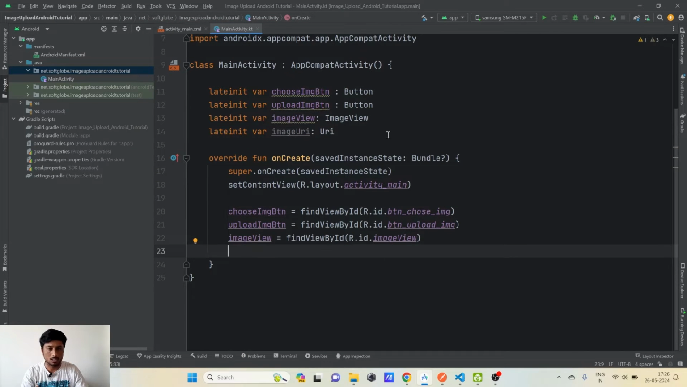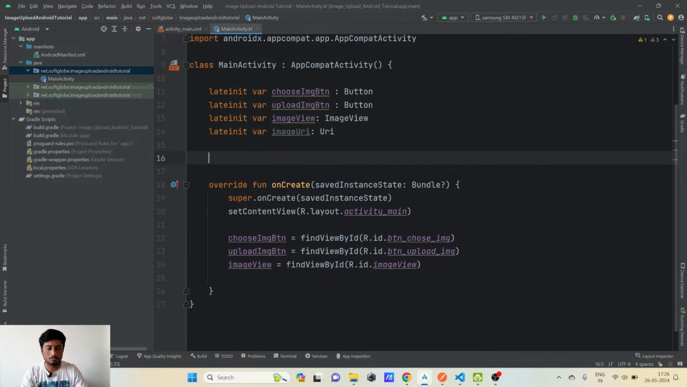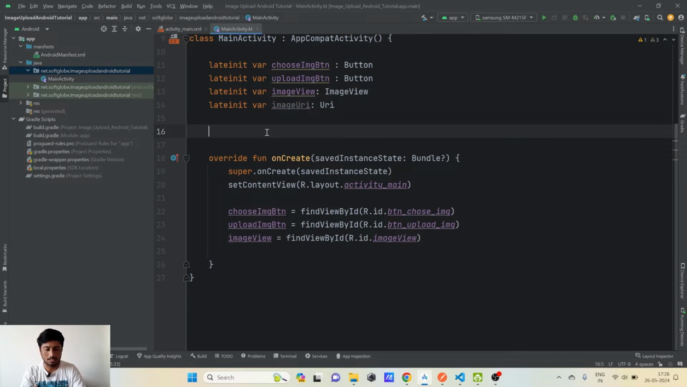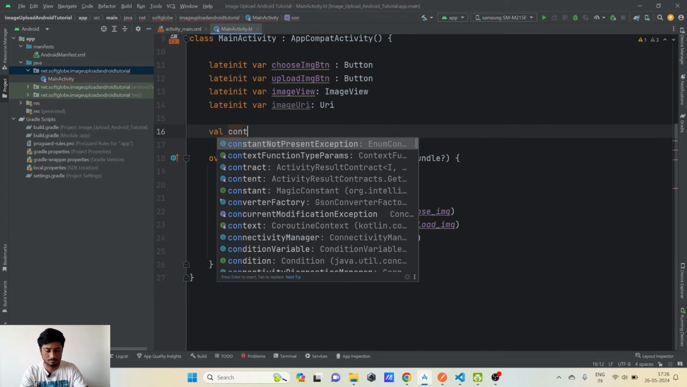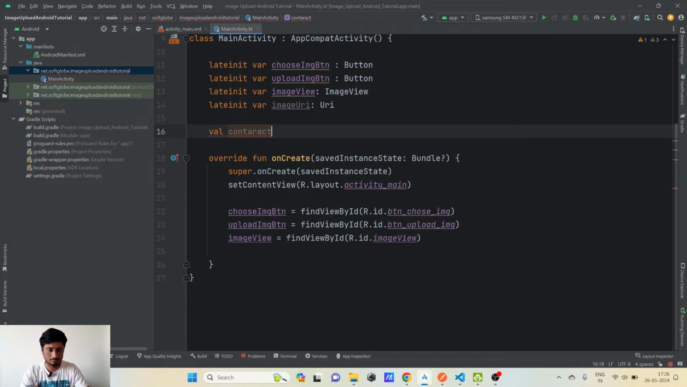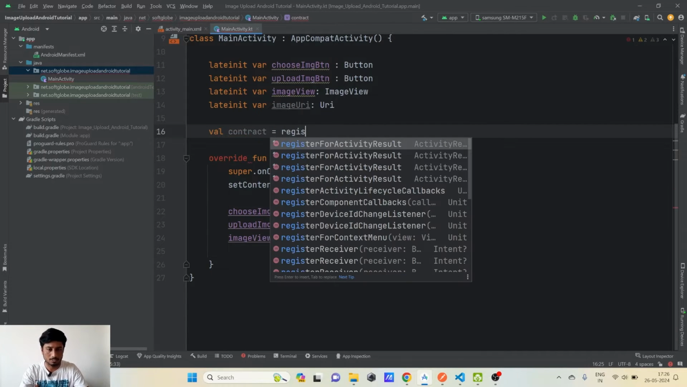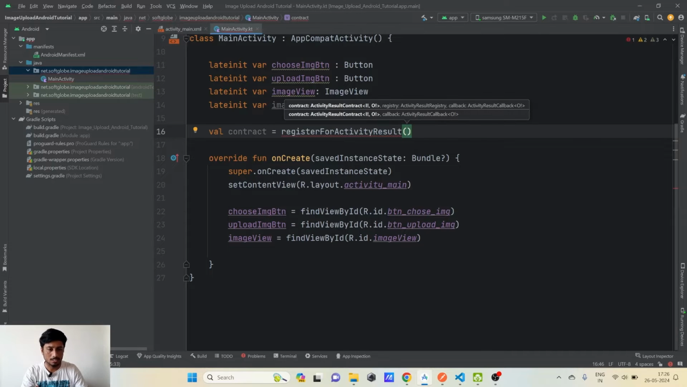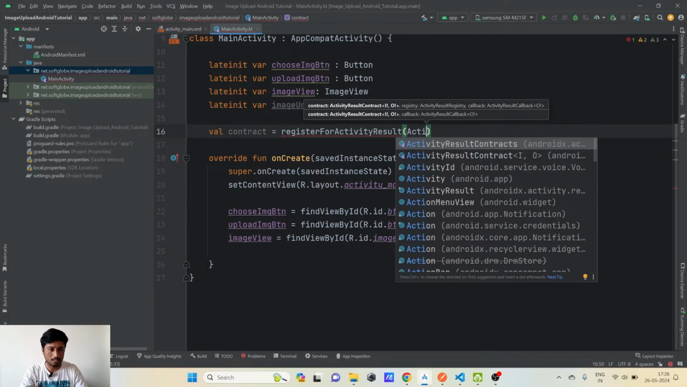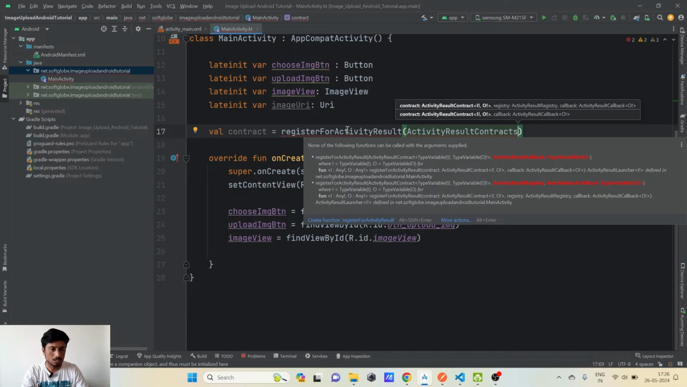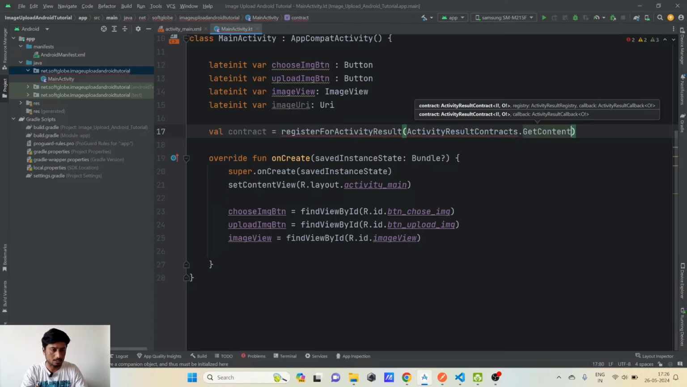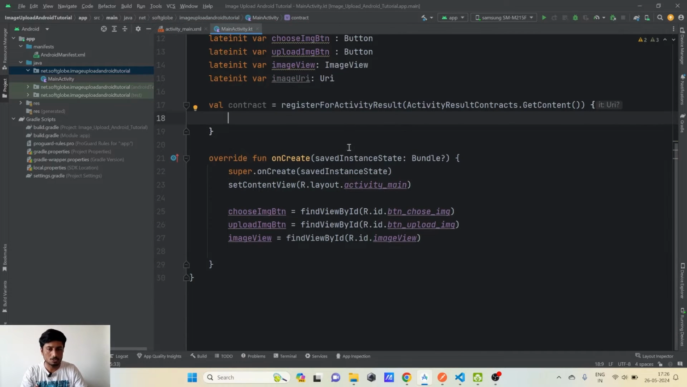That's it. Now for dealing with the contract, we need to first create a contract. Val contract equal to registerForActivityResult. Here we'll be using an inbuilt activity contract, which we get from the Android system itself, ActivityResultContracts.GetContent, to get the content from a file manager. And we'll launch this contract